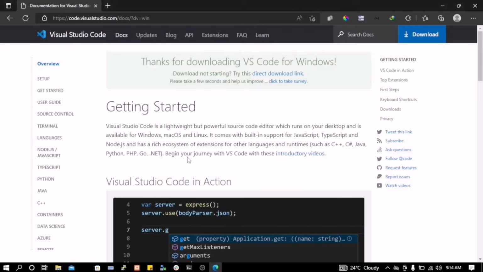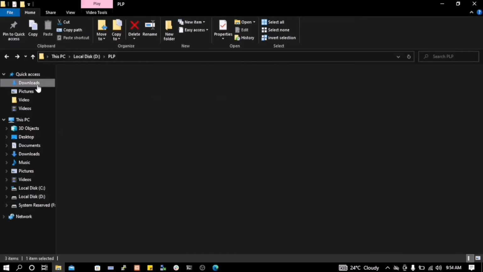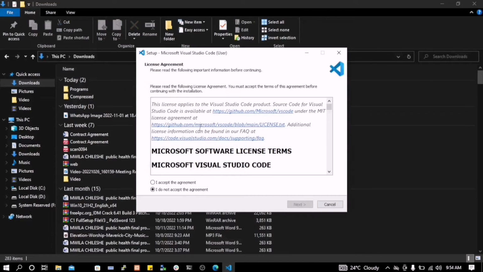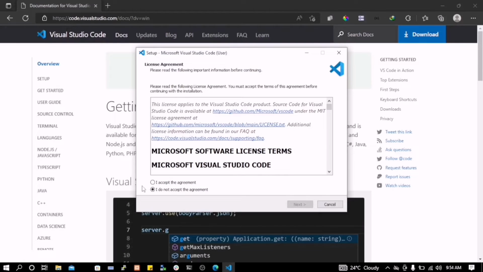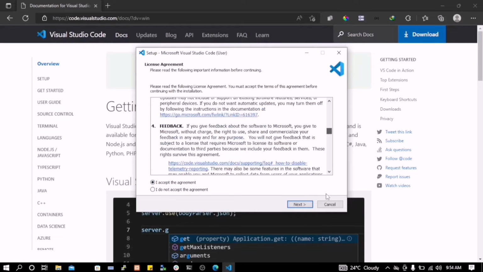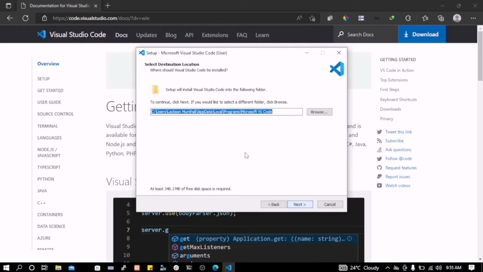You can just open it. Or you can just go to the download folder. Okay, in this case, just open, but you can still find the file in your downloads. So I'm gonna accept the terms and conditions and next, just say next,